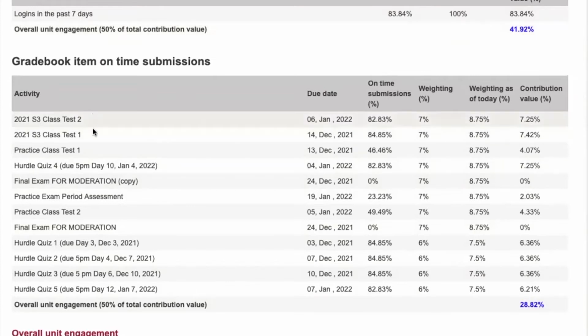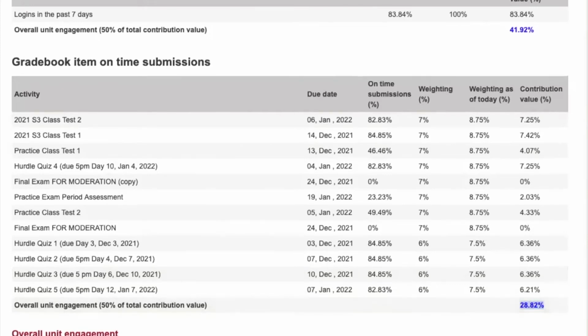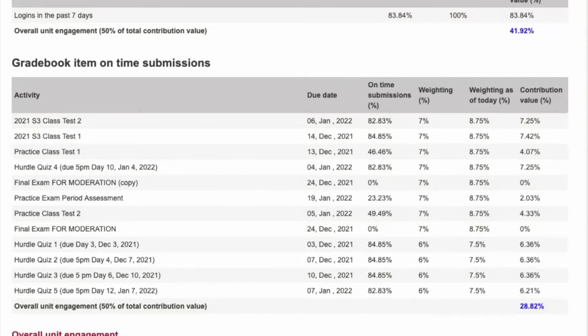And all of these activities which have a due date that has passed, I am taking this weighting, which contributes another 50%, which is 28%. When I add these, it is 71.74%. As you can see, it comes out to be 71%,